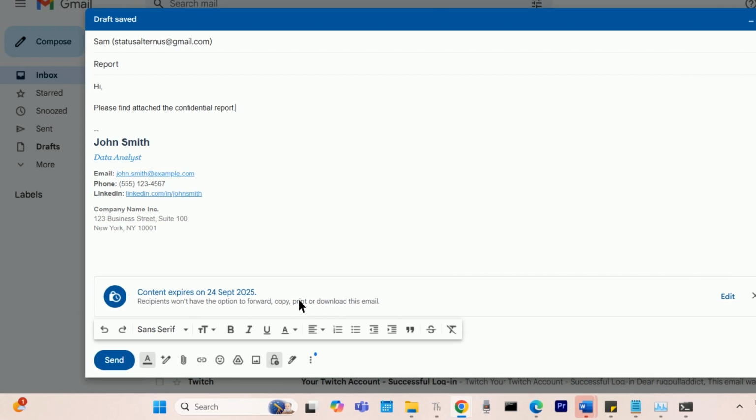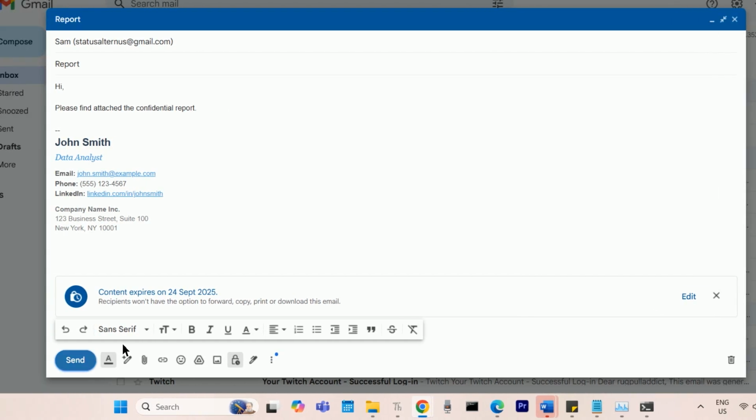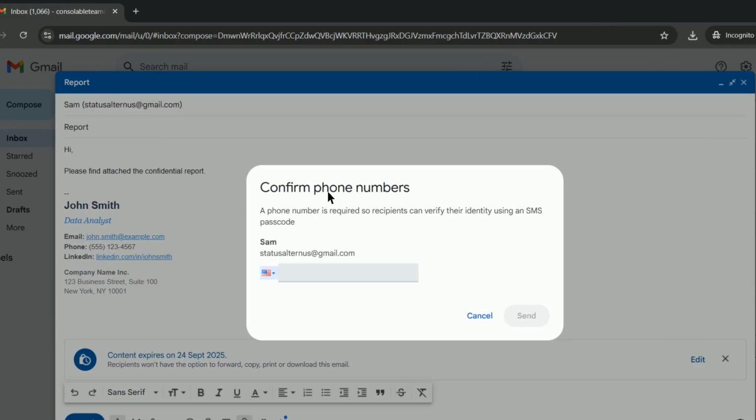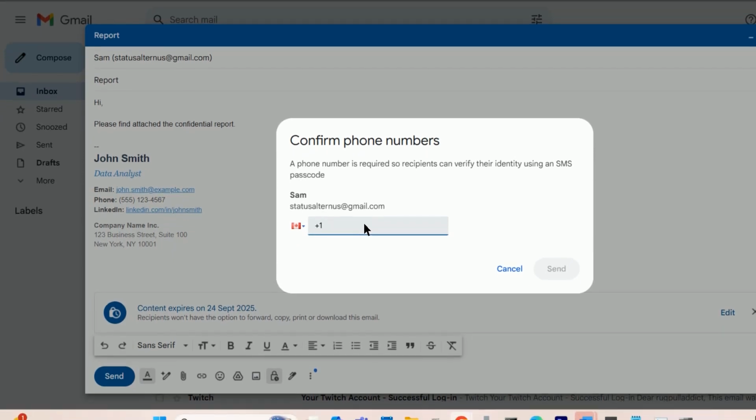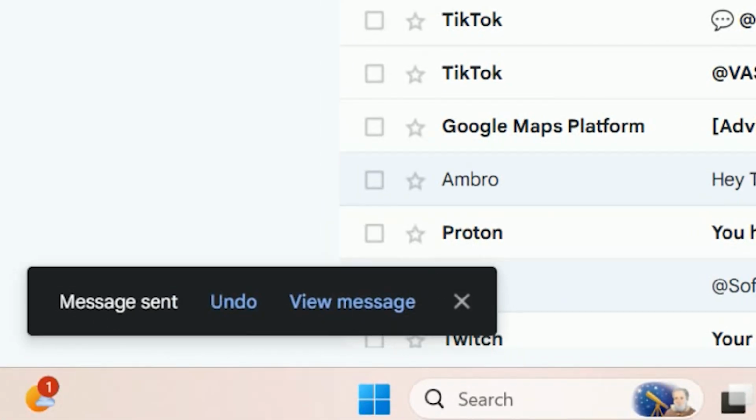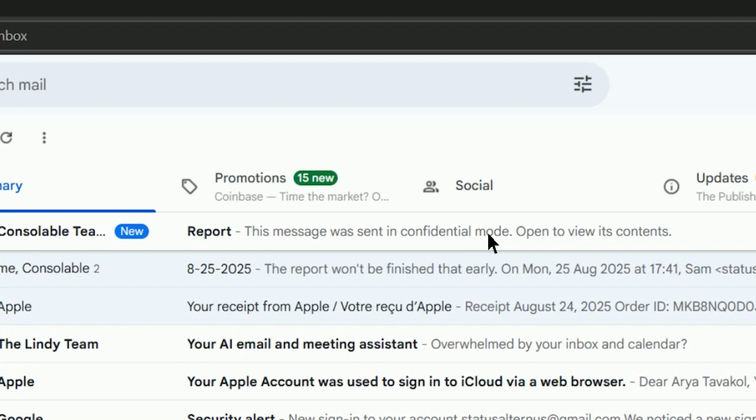Then, finish composing your email and click Send. If you chose the SMS passcode option, Gmail will prompt you to enter the recipient's phone number. After that, Gmail will send the email, and recipients will have to follow the steps to verify their identity and